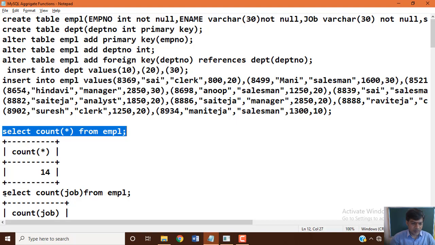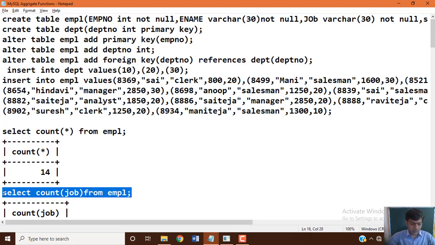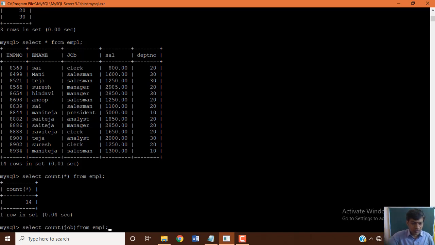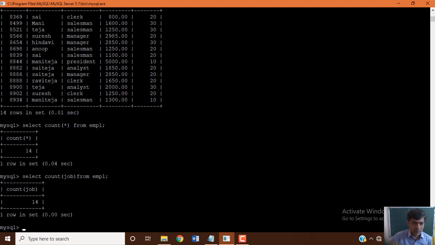In the same manner, for example, if we give a field name, select count job from EMPL. Let's see the output. Here also it will give you the total number of rows in that particular field. But in this job field you can see duplication, in the sense that the job designation can be repeated within the field.